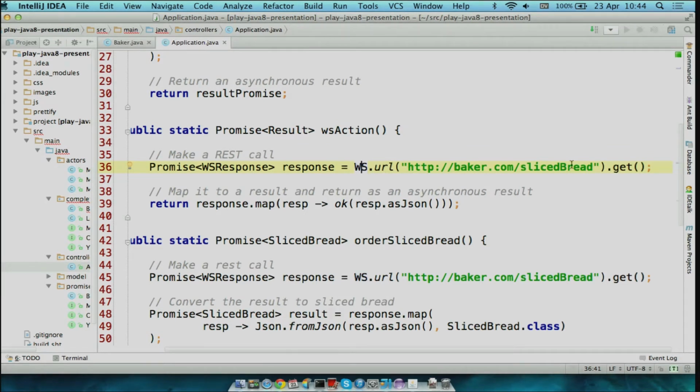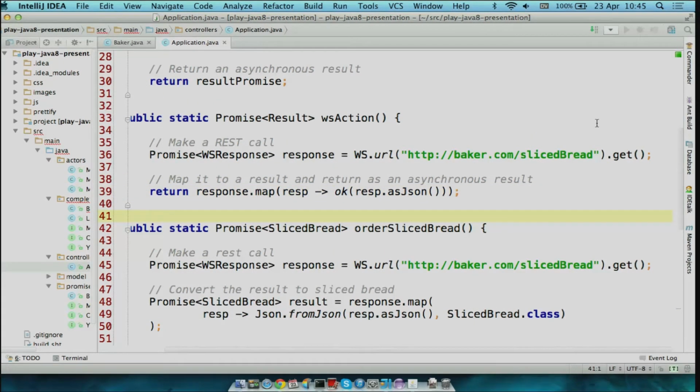You pass in the URL, and then the get, that's not a get as in a future.get, that's a get as in execute the HTTP GET method. And that returns a promise for a response. And then, of course, we want the promise of results, so we map it to an OK result as JSON.